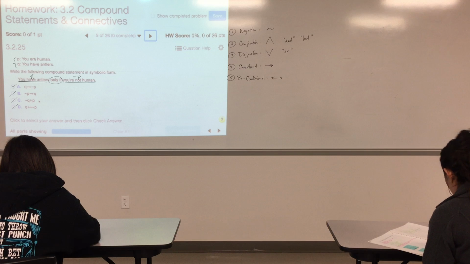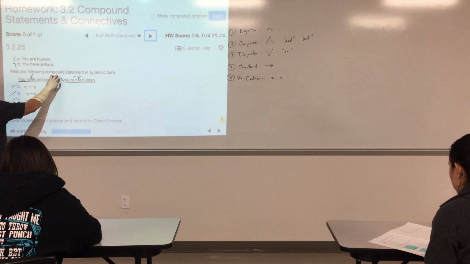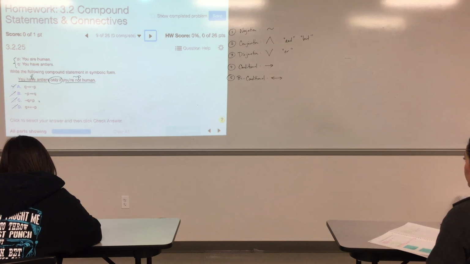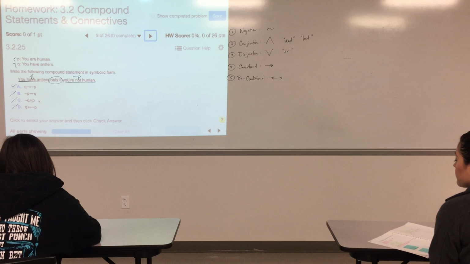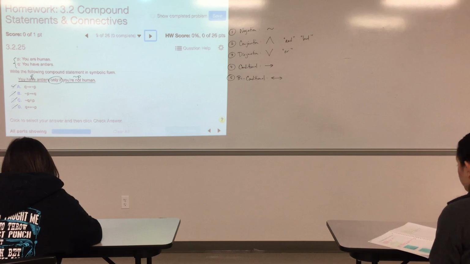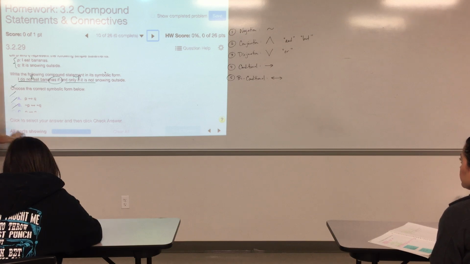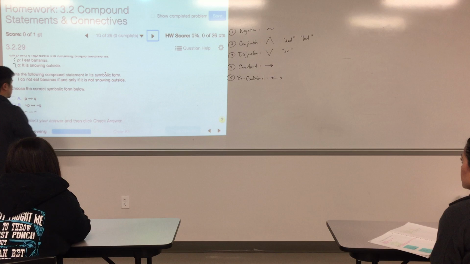Has to be A. It's A because when the only if is in the center, you can go straight left to right with your conditional arrow. Make sense, guys? This is a really tricky concept. It always trips kids up, and so we got to make sure we know it. So if you have questions, please ask. All right. Okay, so we now move on to